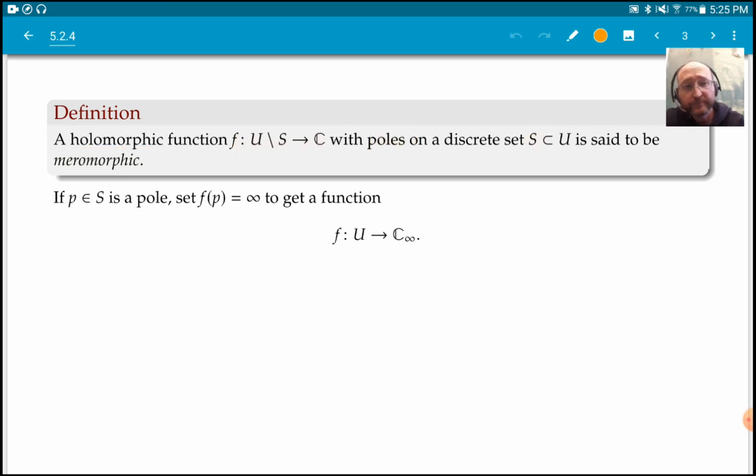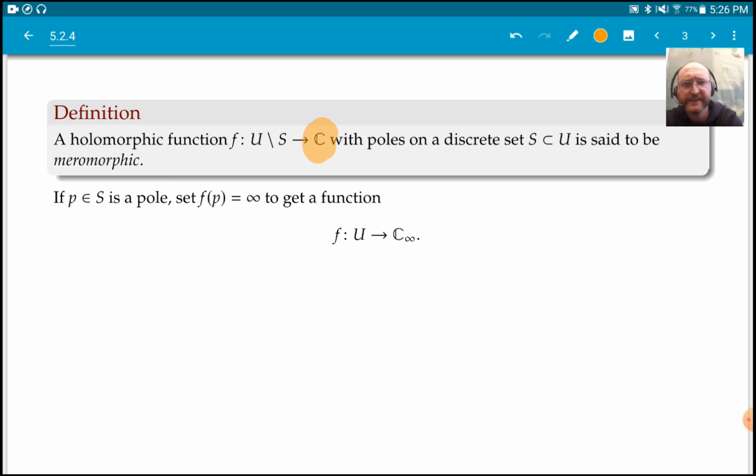Now, the thing that's special about poles is that, well, what is a pole? A pole is a point where the function goes to infinity. So what we could do is, instead of having the codomain, where is the function value? Instead of that being C, we could let it be the Riemann sphere, which is just C and infinity, and we could define